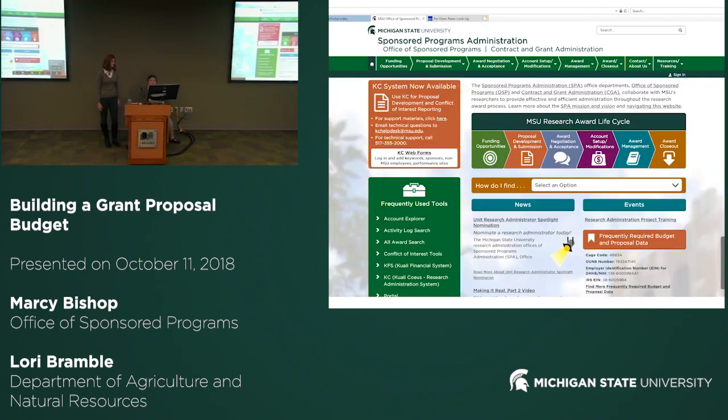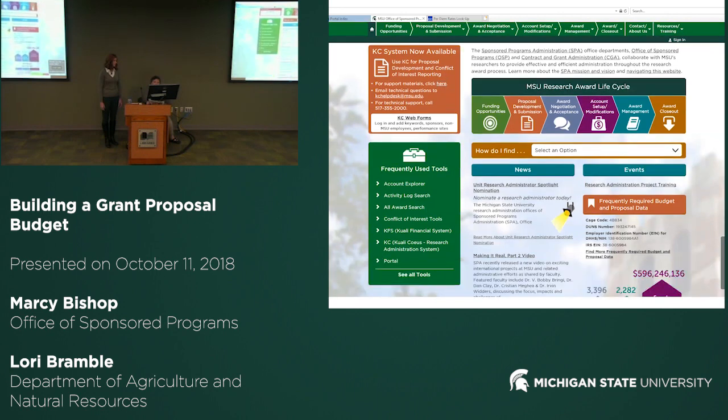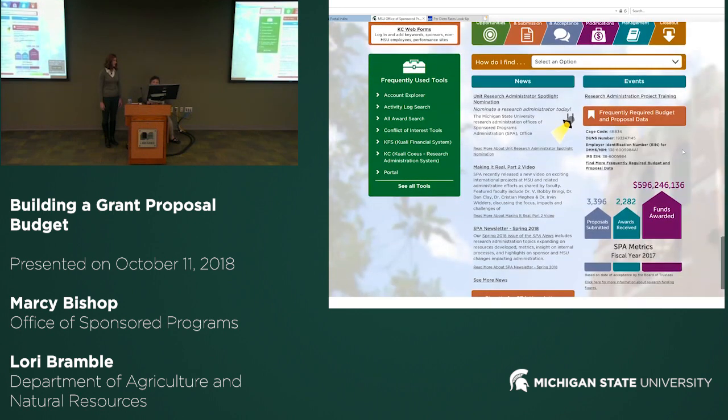Sure. If you go to the OSP website, it's a really great landing pad, and it will take you to OVPRGS for some of the resources. I'm going to go there in a second, but I also want to show you another thing on here. We have a great FAQ right on this main page. And a lot of the budget data that you might be looking for is here.